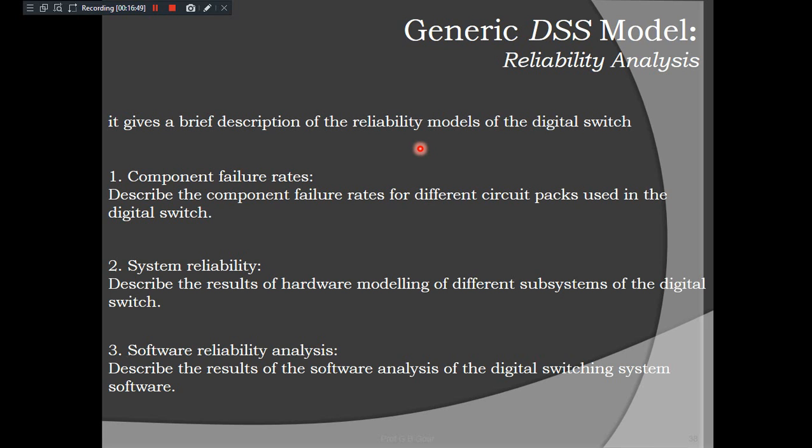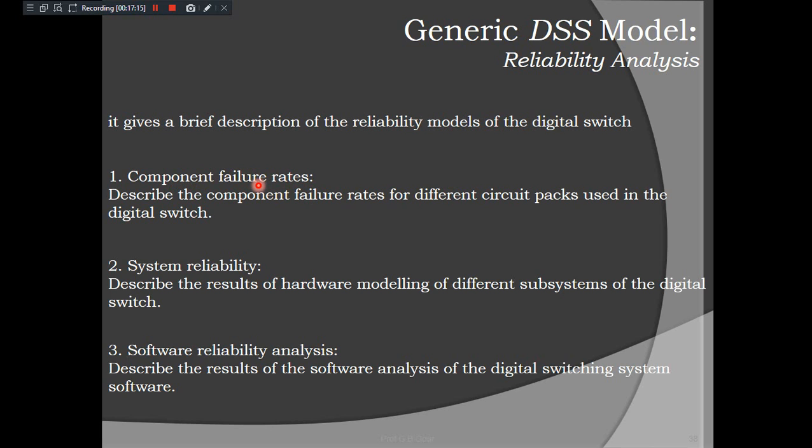So next, another very important part, an extension of that one: after submitting the analysis report, how can you analyze it? Here we'll see what it analyzes, and with an example we'll try to understand. It gives an explanation about reliability models of the digital switch. Some models are there, with the help of which the submitted analysis report can be analyzed.